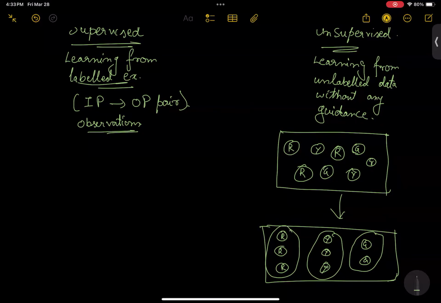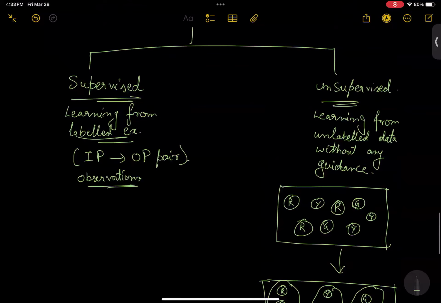So we will go with some examples, maybe with that. But before we go there, right? Let me give some overview on what are certain model types that are there for the supervised algorithm and that are there for the unsupervised algorithm.